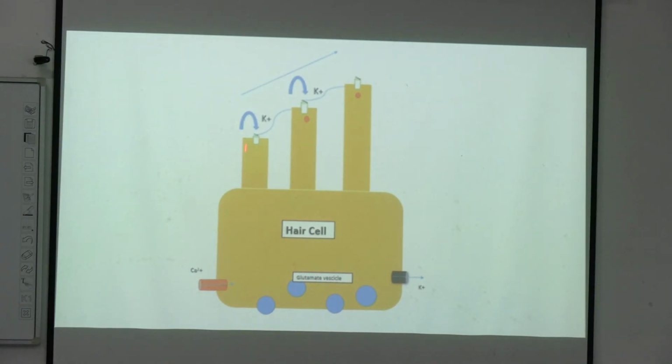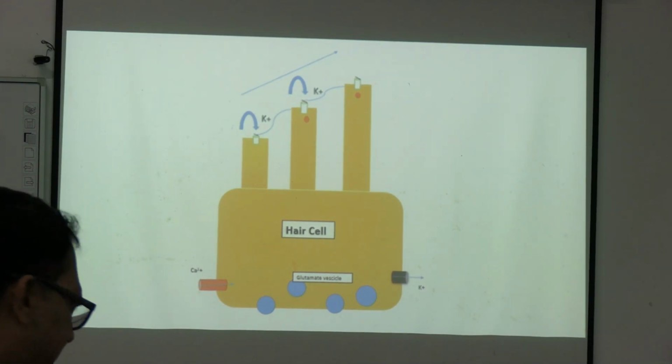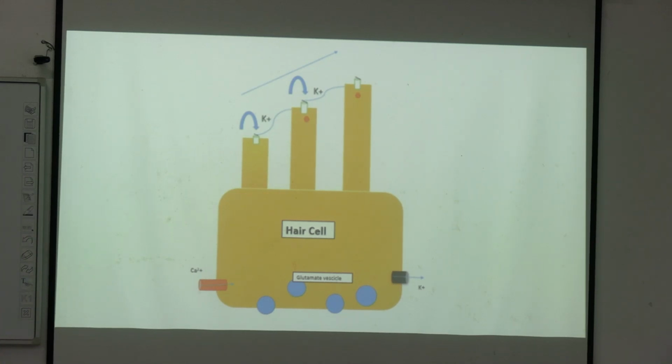So this is a shorter cilia and these two are taller cilia. Shorter cilia will move towards the taller cilia. Normally if we see a hair cell microscopically, on the cilia of the hair cell there are potassium channels. We have studied different types of potassium channels, and particularly